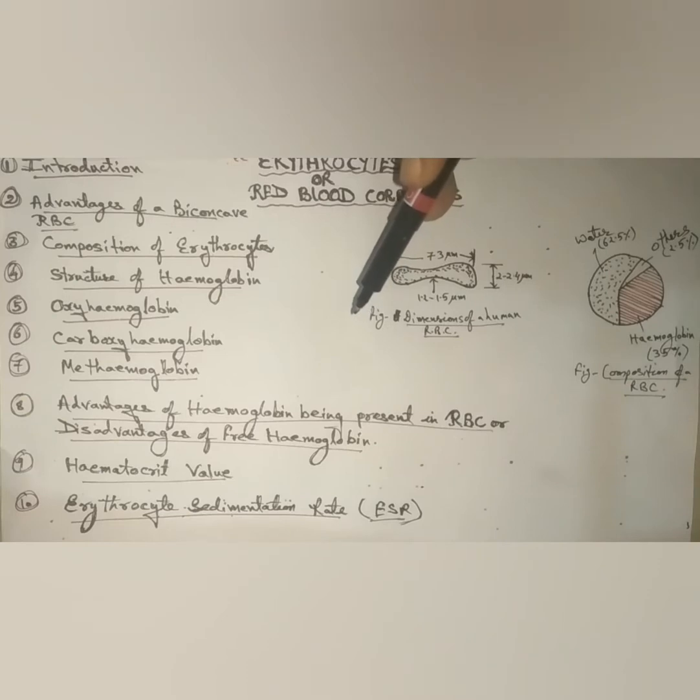Oxygenation of the first heme in the hemoglobin increases the affinity of the second heme for oxygen, and oxygenation of the second heme increases the affinity of the third heme, and so on. So the affinity for oxygen of the fourth heme is many times more than that of the first. Molecular weight of hemoglobin in human beings is 68,000.